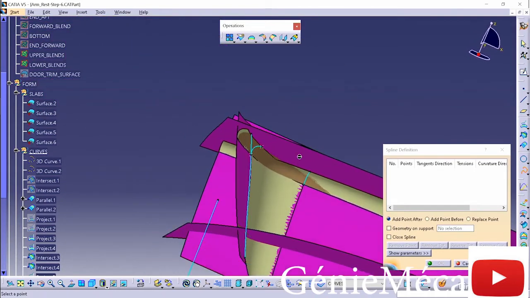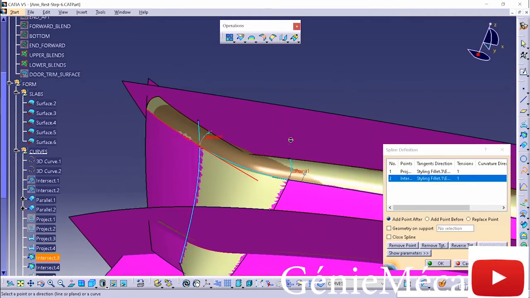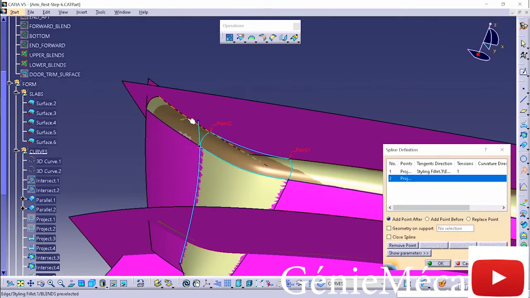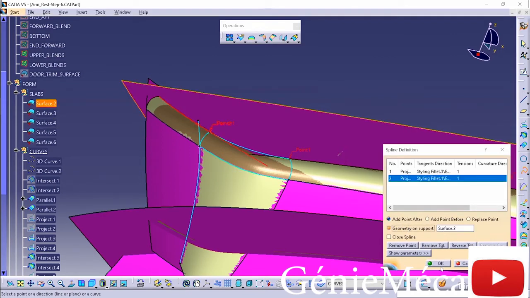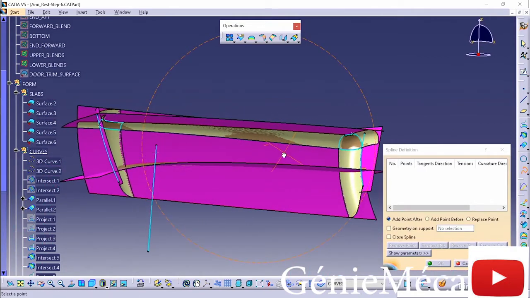And just like that, you can start seeing what those corner surfaces are going to look like. Oops, I picked that edge accidentally. I want to make sure I get that point. There we go. Geometry on support. And one more. I'll just reverse that from now. Reverse that. Geometry on support. And select OK. And with that, I have both of those tertiary corners